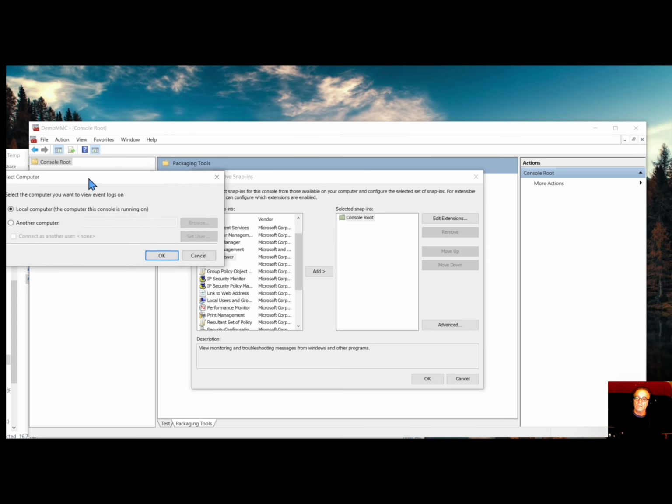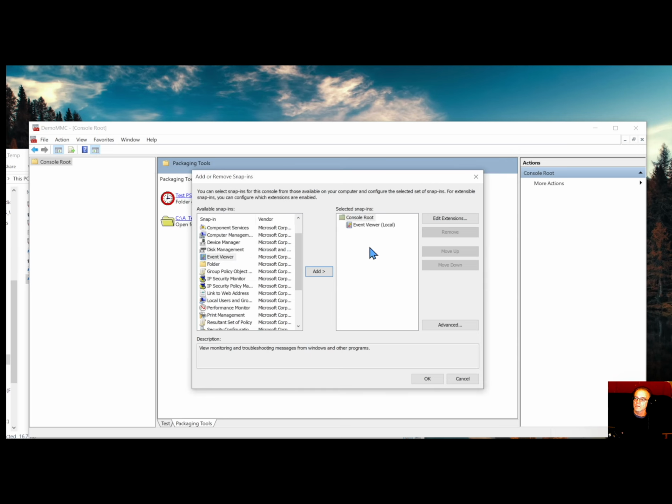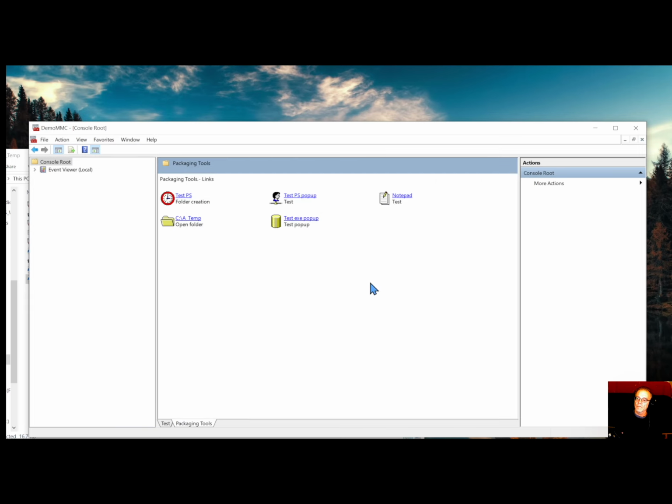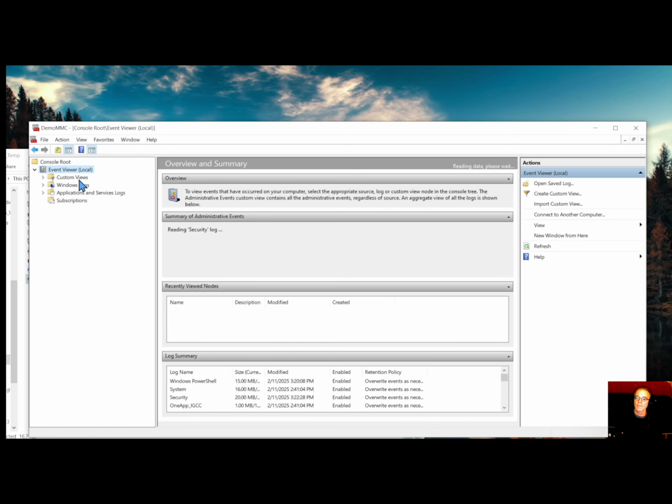Let's see what I got here. I'm just going to ask you if it's local computer. Yes. And we hit OK. And you'll see over here we have the event viewer. Now if you don't want to dig down through these each time,